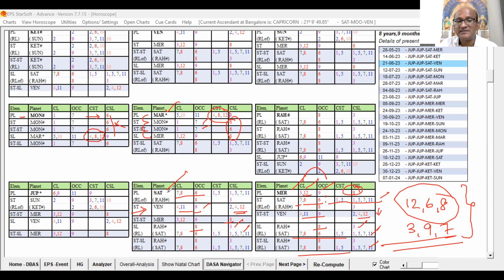Look at Saturn. Saturn also good, but star level having some weakness, and source is experiencing some weakness, but sublord is the same, right? Now that native got married in Mercury Bhukti and Saturn Antara, right? How? So we will say, sir, Mercury in the star of Saturn, seventh lord, sir. Yes, seventh lord, eighth lord occupying sixth house. Sublord is Rahu occupying eighth house. We will not have the confidence to choose this, that Mercury can give marriage during this period.